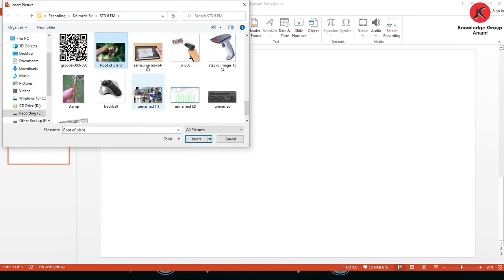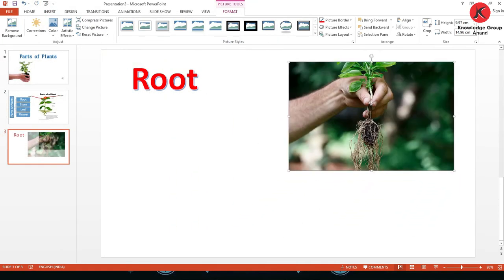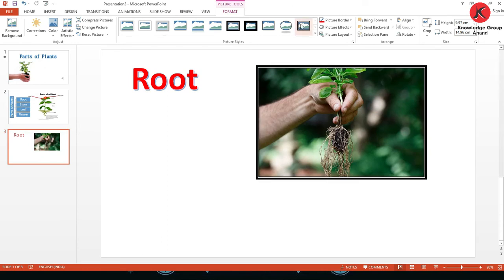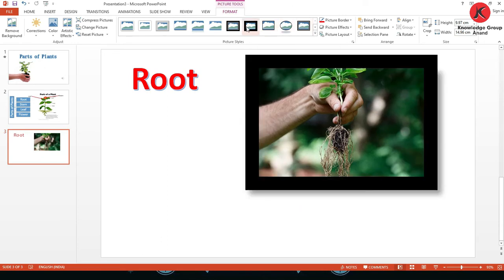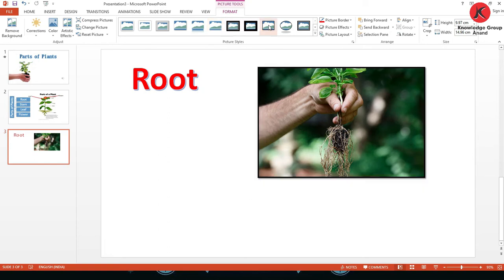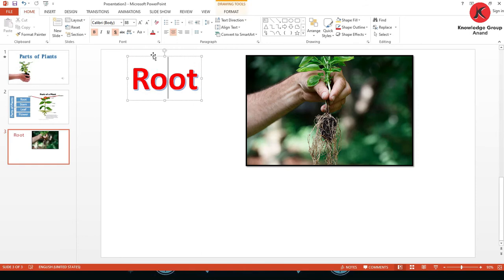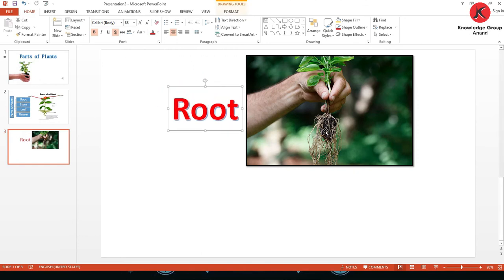Here we have added the root of a plant. We are going to decrease the size, and change the photo's animation or graphics as you want. For example, I want this, so select it. Now this is called the root of a plant.